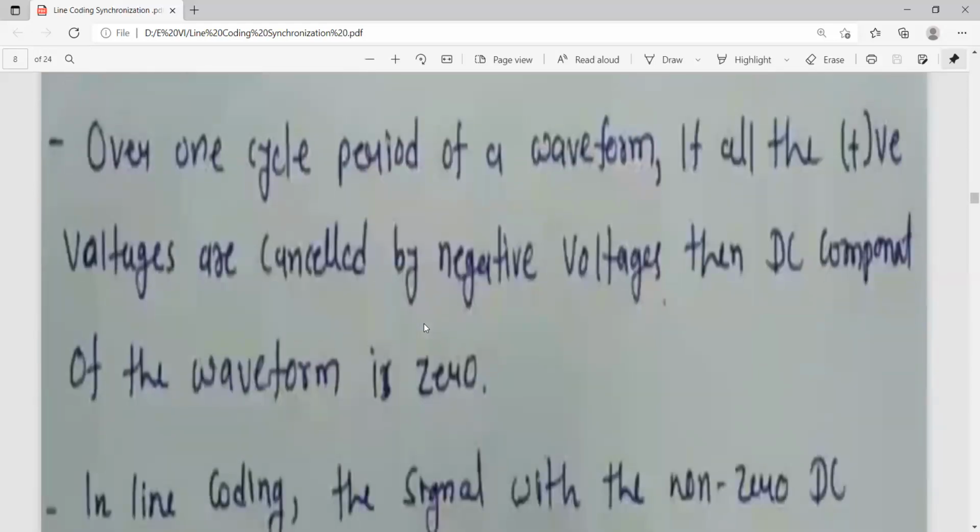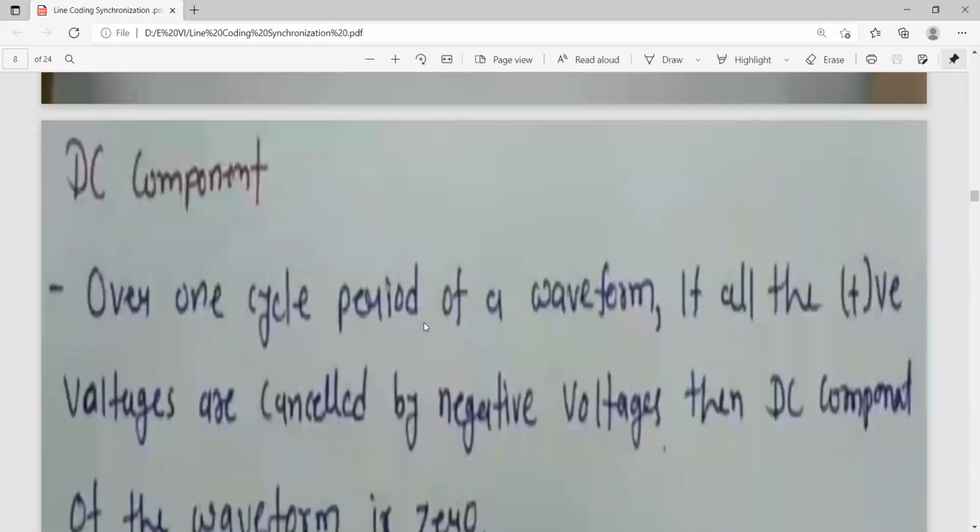Now, another important parameter is the DC component. If any DC component is present in the signal for a longer duration, for example continuous zeros or continuous ones, then in DC communication, if there are 5 ones, that means 5 clock pulses, 5 volts DC is communicating. So that is one of the disadvantages.